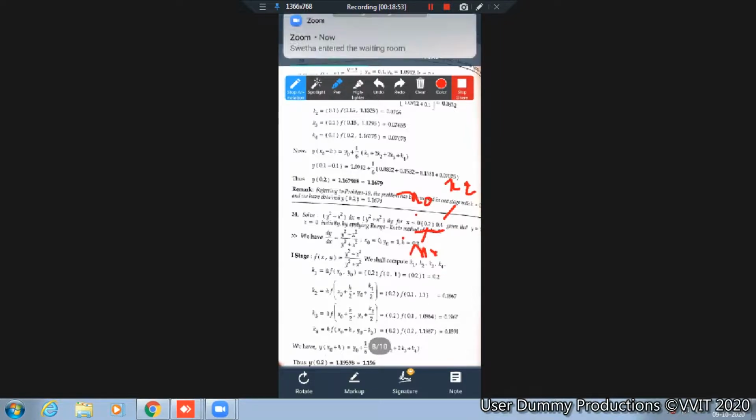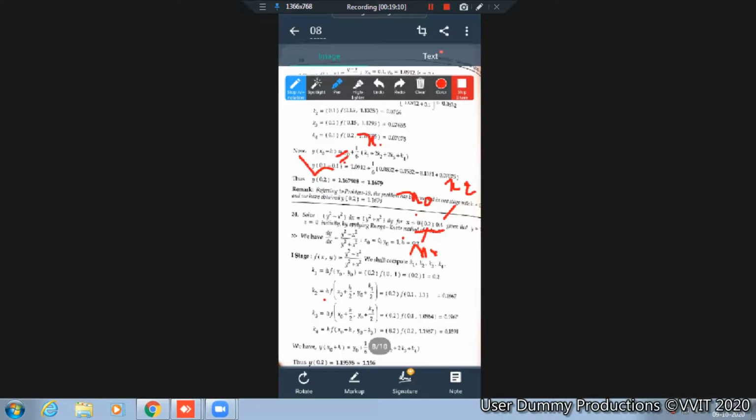Ma'am, H is equal to x0 minus x1, no? H is equal to x1 minus x0. See, H is equal to x1 minus x0. One should certainly remember this. How do you get this formula? We always know that x1 is equal to x0 plus h, right? So if you rearrange it, you get h is equal to x1 minus x0. In this Runge-Kutta, you need h. Without h, you can't solve. Of course, in the previous methods also. Understood?